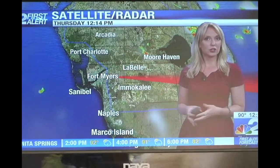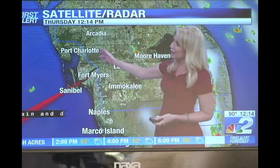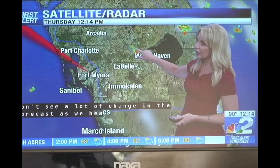The summertime convection, and we see some of these showers and storms even out over the waters. But as far as right now, things are quiet. Close to Palmdale, we've got a couple of little